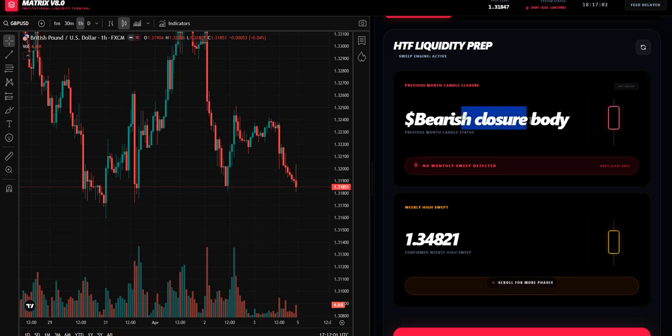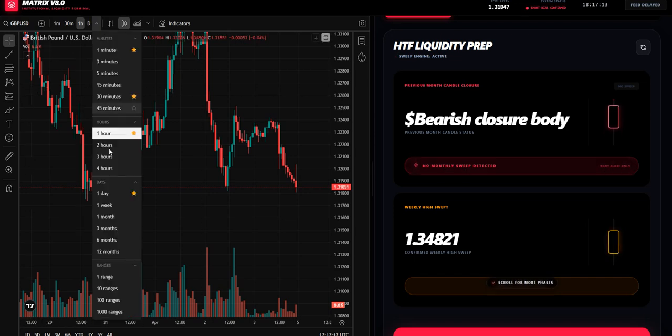That's a closed bearish closure. Okay. Now this is just an animation. It's not showing the real candle. It says here no monthly sweep detected. Body close only. Now, if we look at the monthly time frame here,